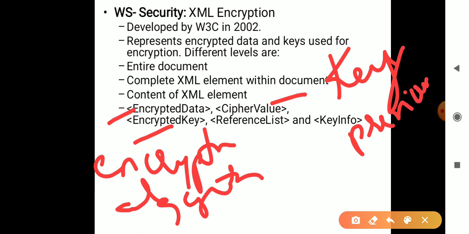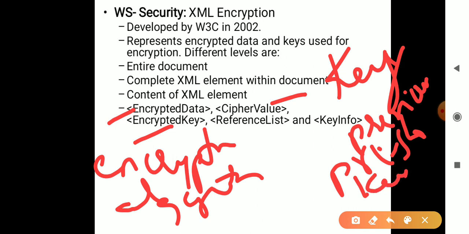Now this encrypted key is saying that if the key is previously shared, that means pre-shared, or you are going to share it, you have to make sure that value is added in this encrypted key. If they want to go for any other new key, that is the session key they want to send, they have to send it in the encrypted form under this encrypted key.